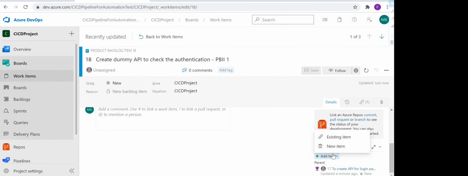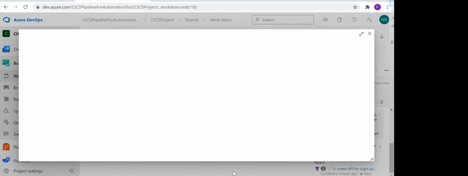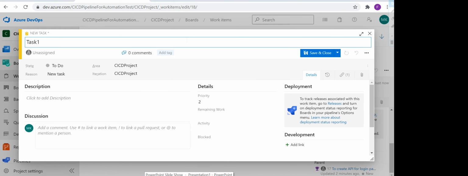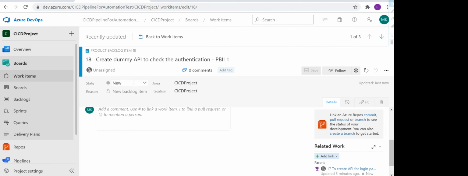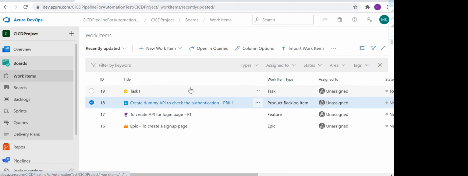So you can click on the new link option, and then task, let's say task 1, or you can name it anything you specifically want. Then we can save it, again with the same kind of fields you can see here. So now we have all those 4 work items available here, and we have the child and parent relationship available.